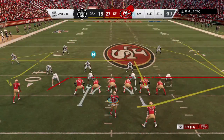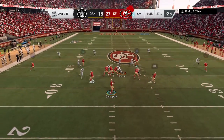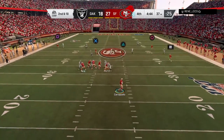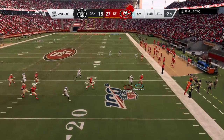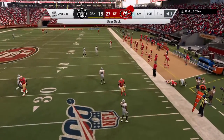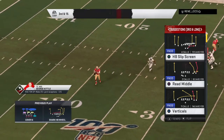Line of scrimmage, again the 37 as they line up 2nd and 10. Garoppolo again. Flushed out right. And he's taken down, trying to do a little too much, getting outside of the pocket, and it results in